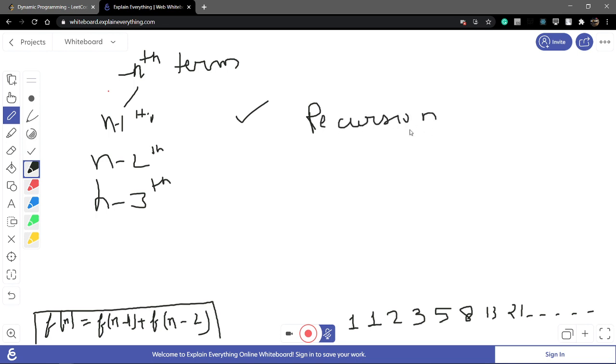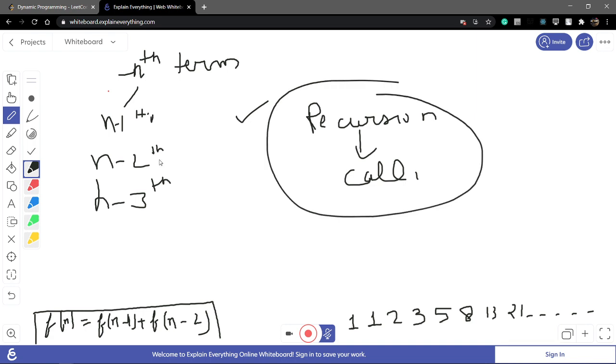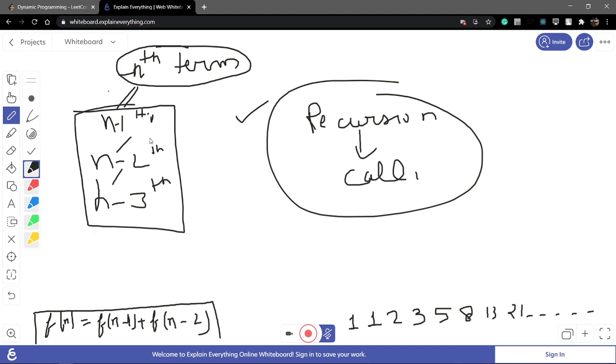Why? Recursion is a function calling itself, and it depends on previous terms. In this question, the nth term depends on n minus 1, n minus 2 or n minus 3, or any earlier term. So this is the behavior of a function calling itself. That's recursion.